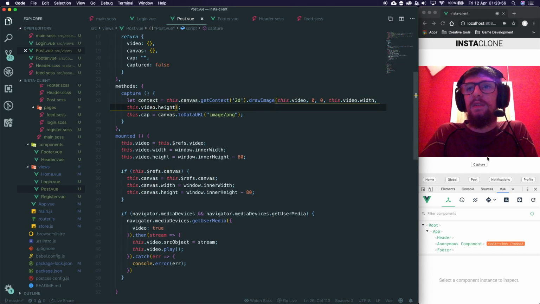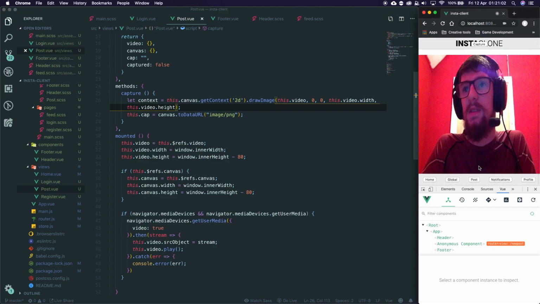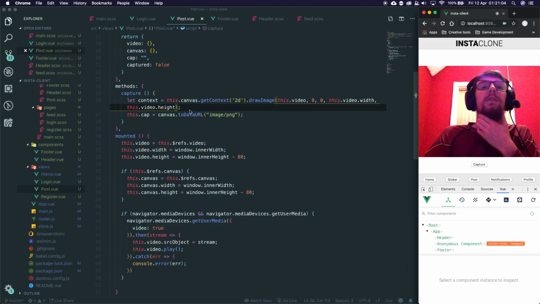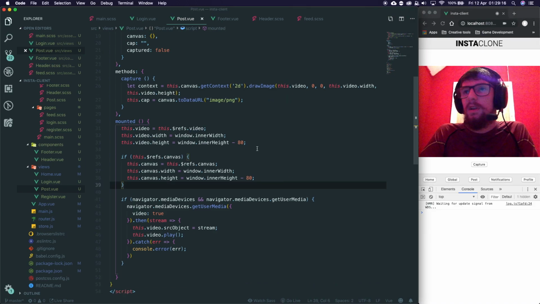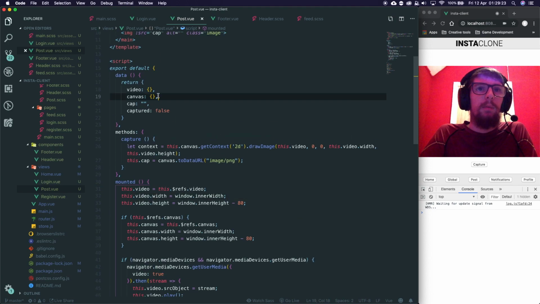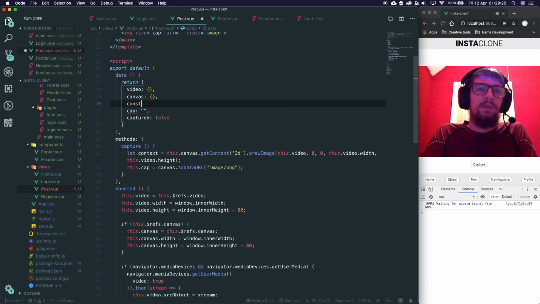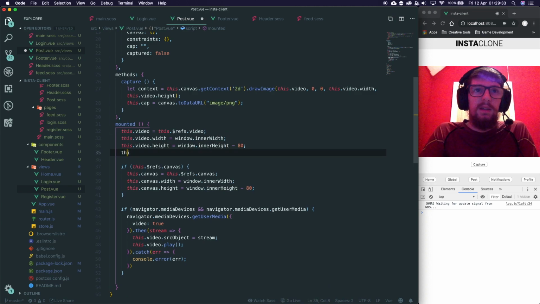If we hit save and we do a capture, no, still broken. Why are you broken still? Let's figure it out. So okay guys, I just realized Instagram's camera thing is actually square. So we're actually going to do something different. We're going to go up here and create something called constraints, and it's going to be an object, and then we're going to go into mounted and we're going to say this dot